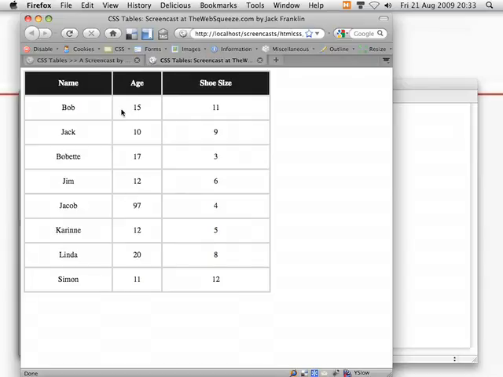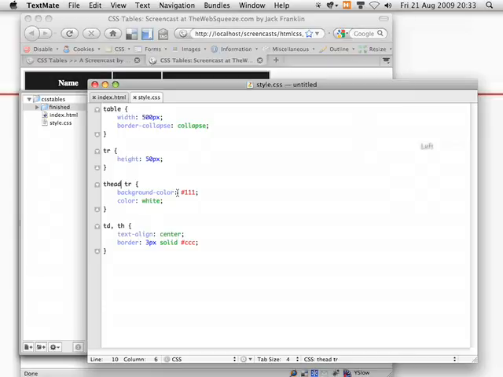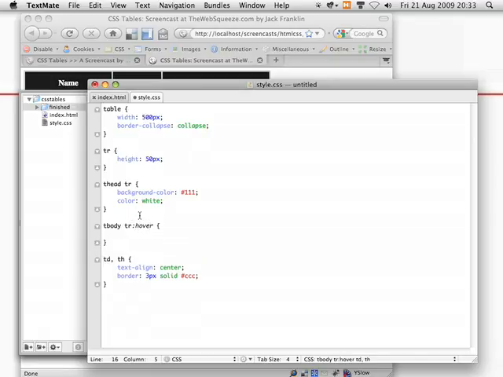Okay, so two things left to do are zebra striping and hovering. I'll do the hovering first, just because it's the easier bit. We're going to select all table rows within the table body, and then add the hover onto it. And this means when a table row in the table body is hovered over, we're going to,